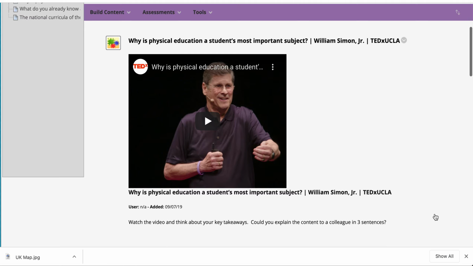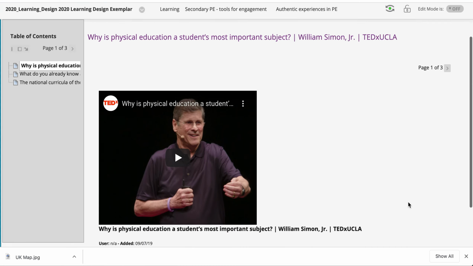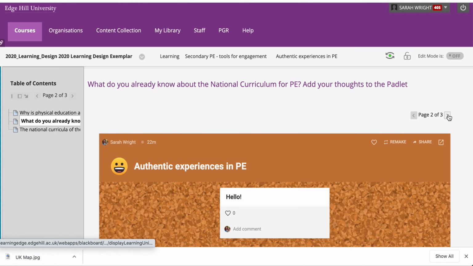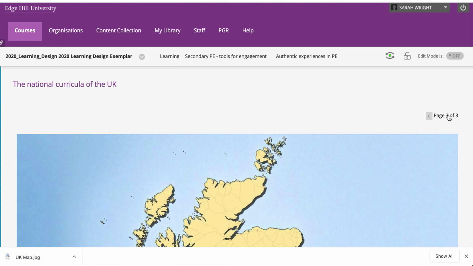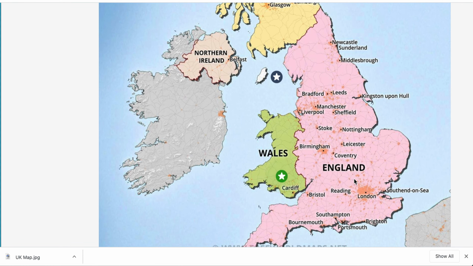And then what students will see, if I turn edit mode off, within their learning module, their learning episode, is their Thinglink with that nice pulse to show them that there is something that they want to look at, and they can